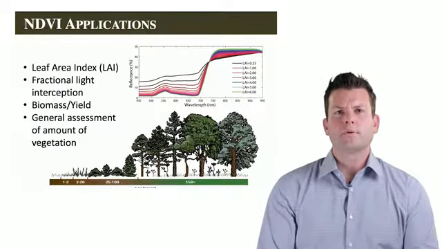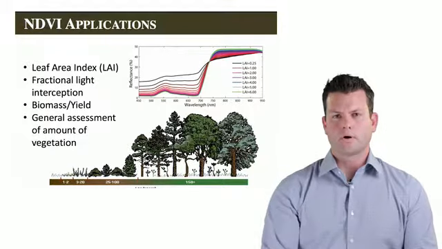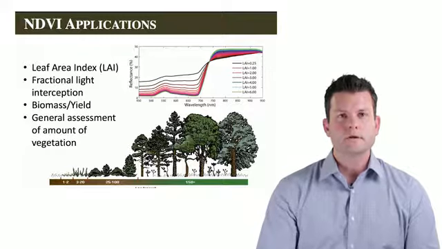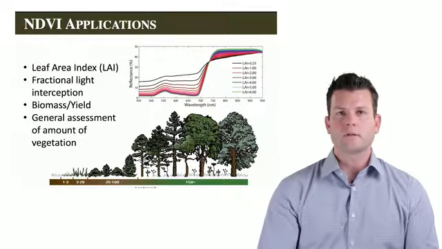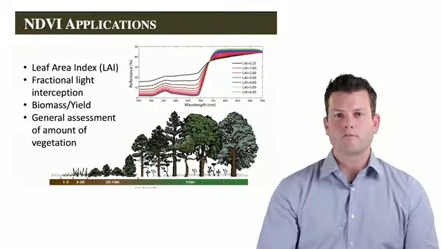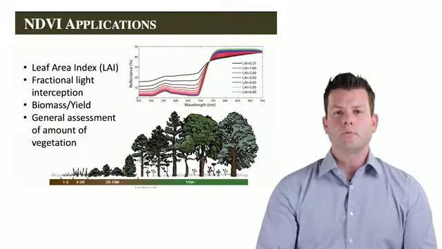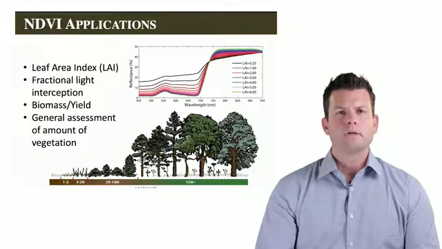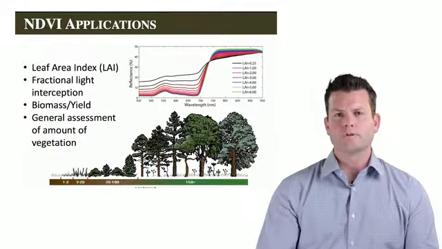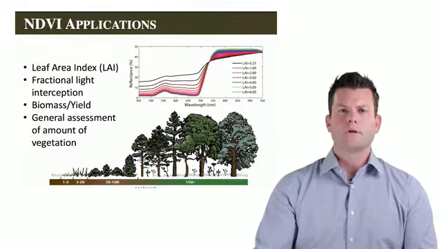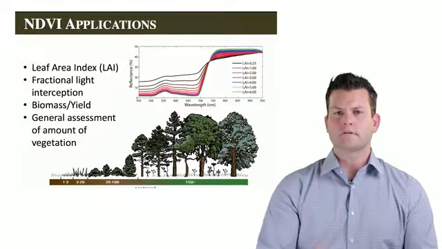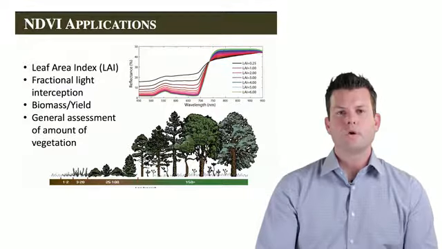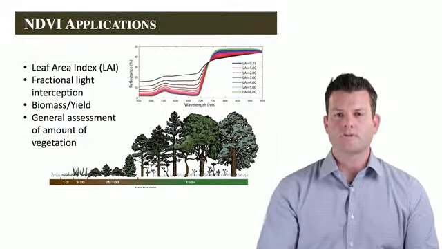So a few common applications of NDVI that are pretty ubiquitous. People use NDVI to calculate leaf area index. Related to that, they use it to calculate the fractional light interception, or FPAR, of a canopy. Some people associate NDVI with biomass or yield of a crop. And just like the image I showed towards the beginning of the entire Earth, people also just use it to get a sense of general patterns of greenness or general patterns of where vegetation occurs